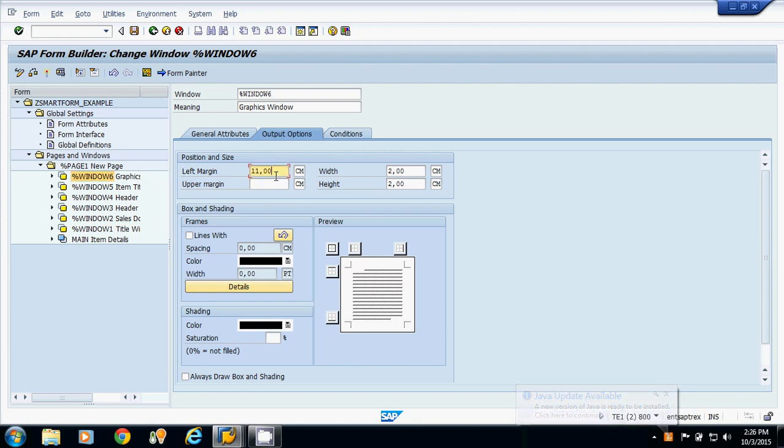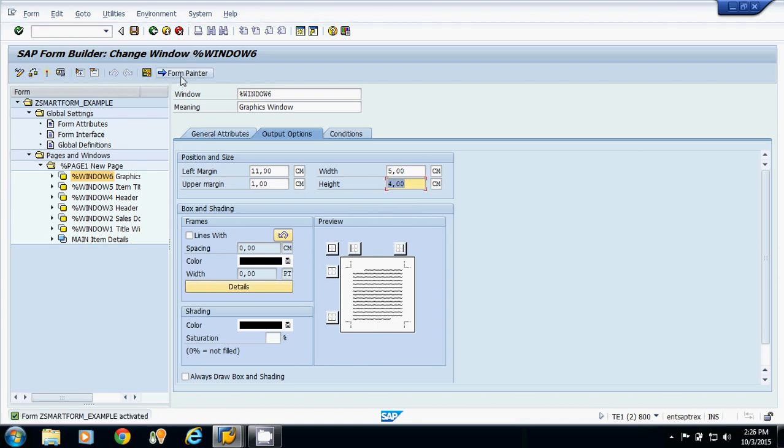Suppose width is 5 cm. Upper margin, suppose I am taking 1 cm. And height is, suppose, 4 cm. Save it, checking for the syntax, activating it.